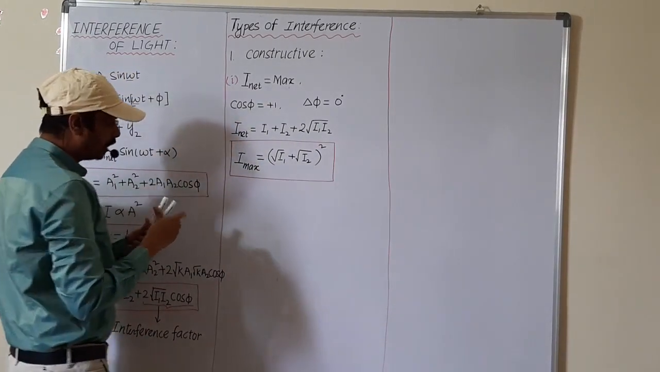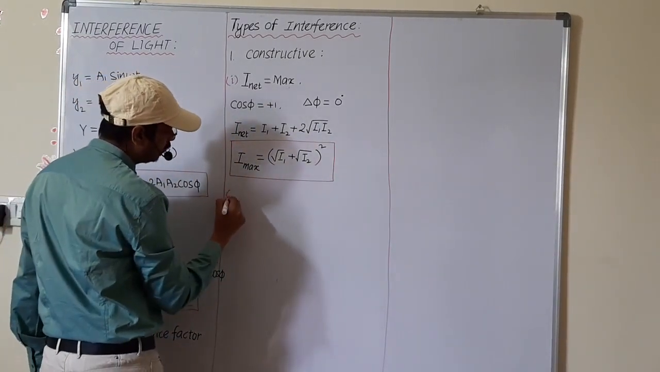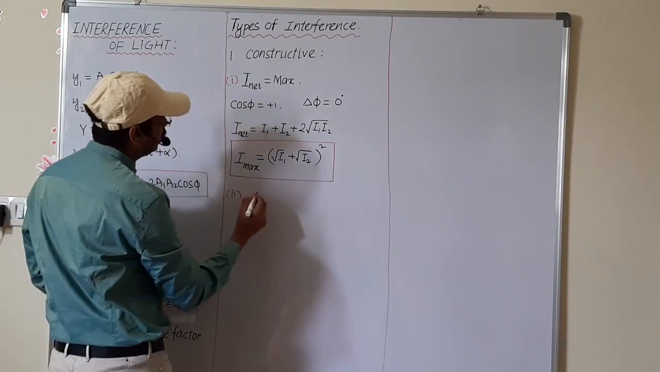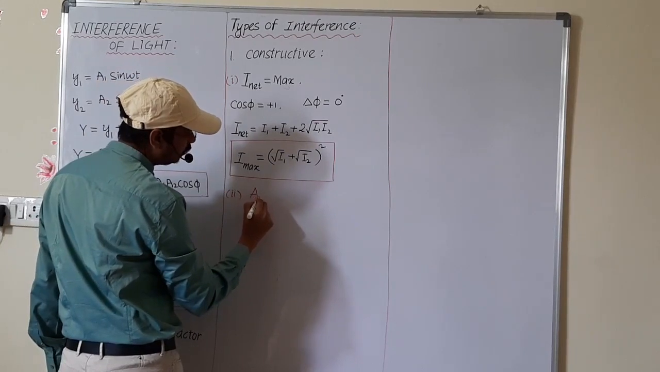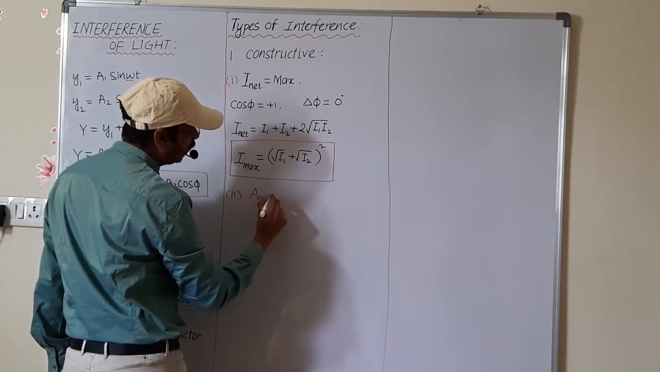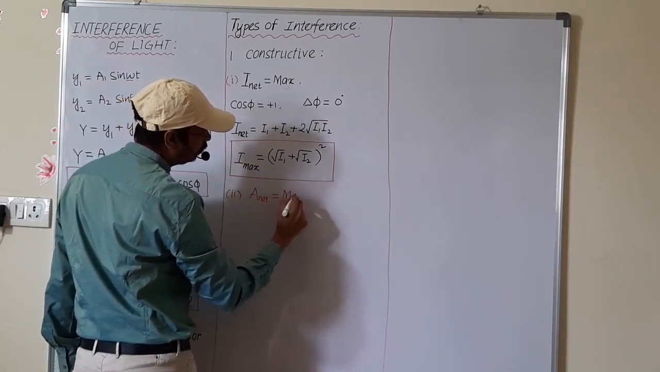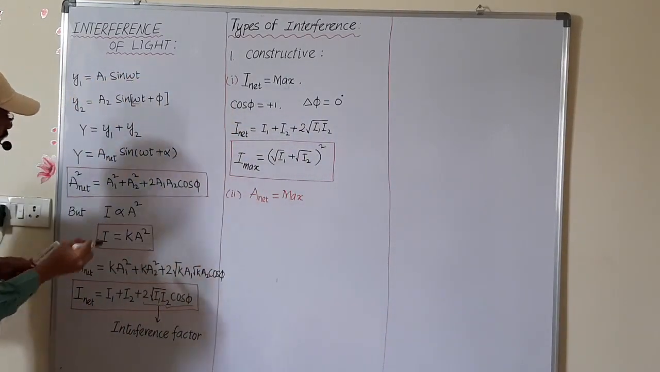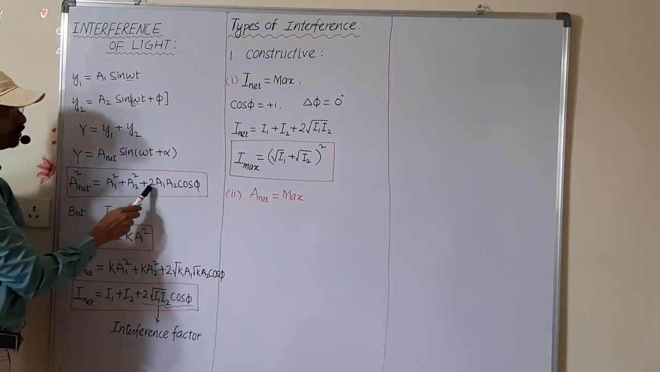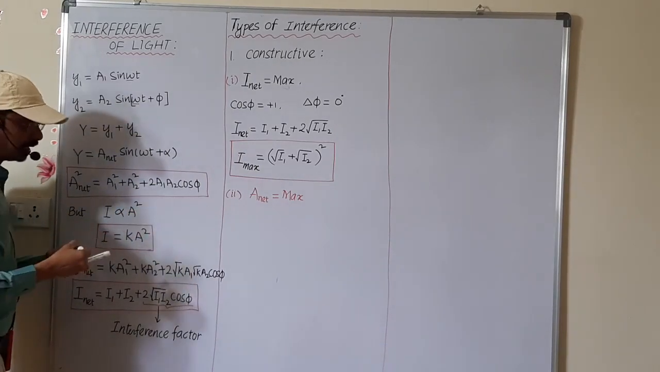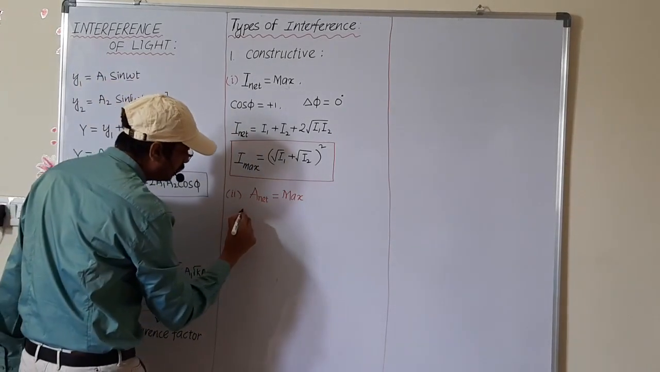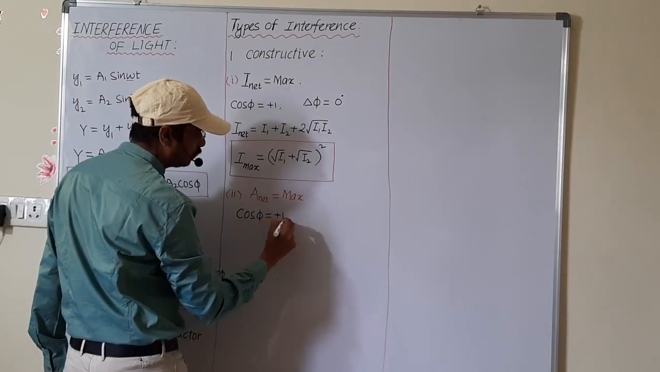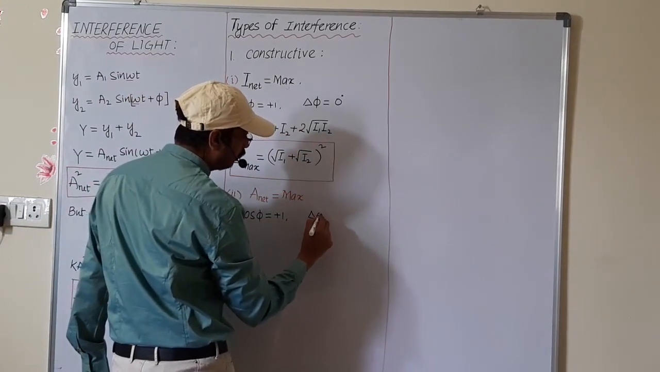The second point we can also discuss, that second point in terms of amplitude. Here what we have to take is A net also maximum. If you want to take A net also maximum, A1 square plus A2 square plus 2 A1 A2 cos phi. Here also what we have to take is cos phi equals +1,